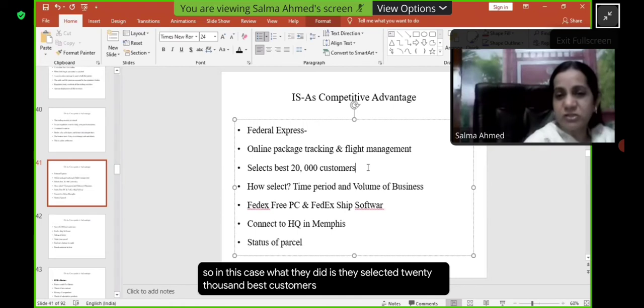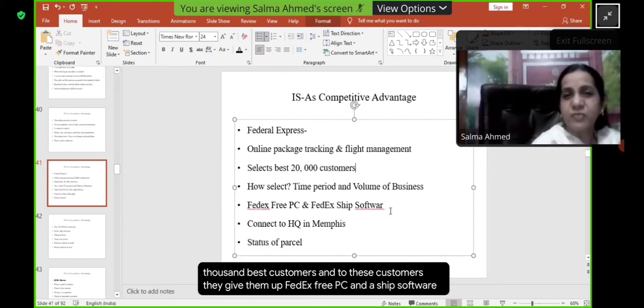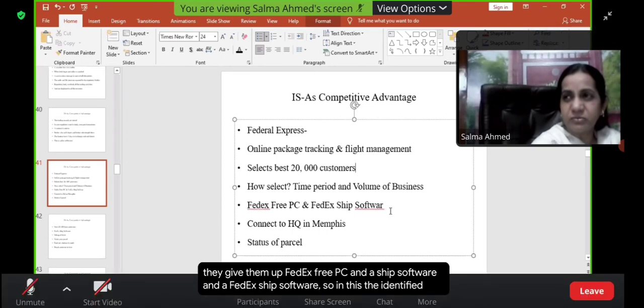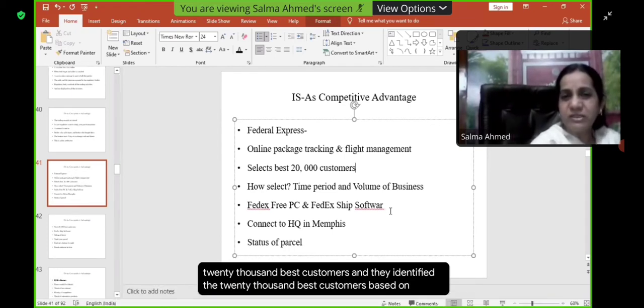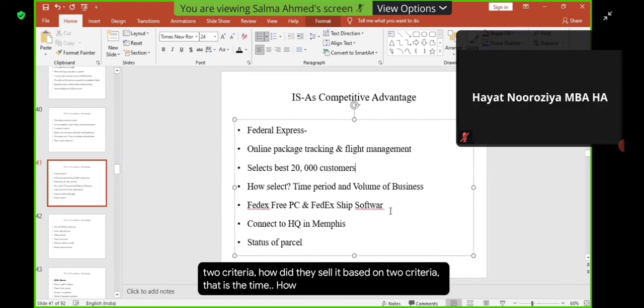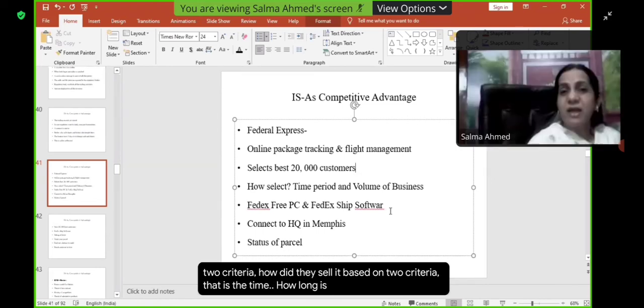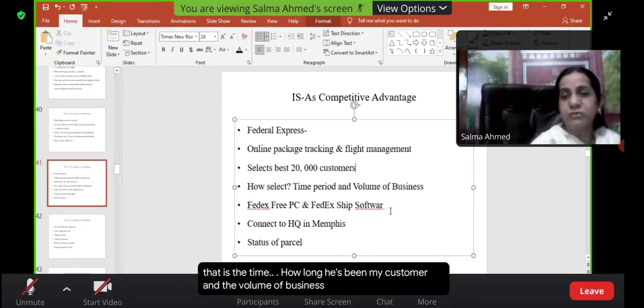They identified 20,000 best customers, and to these customers, they gave a FedEx free PC and a FedEx ship software. They identified the 20,000 best customers based on two criteria. How did they select? Based on two criteria. That is the time period, how long he has been my customer, and the volume of business that they give me. How many transactions, how many times do they use my services to send a packet, to send a courier